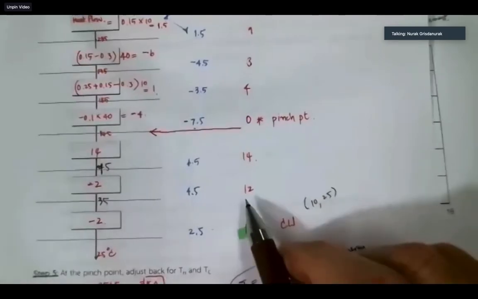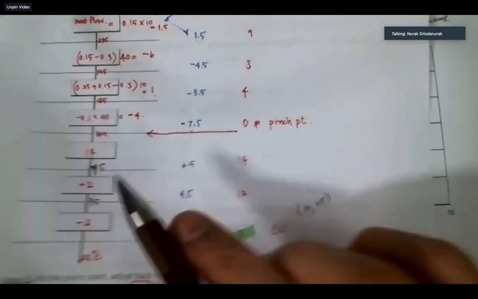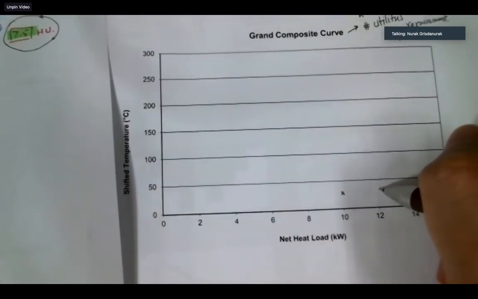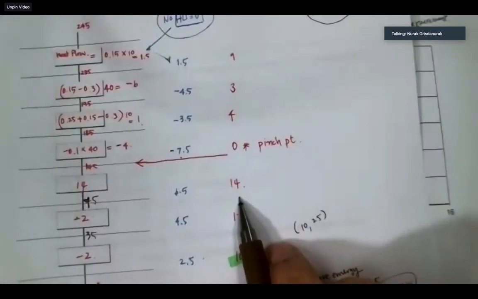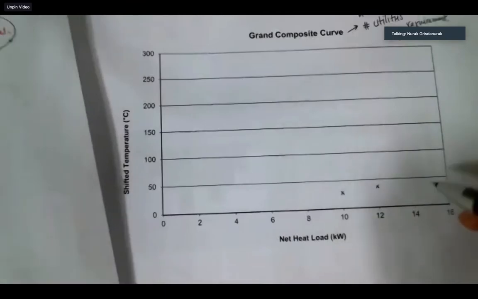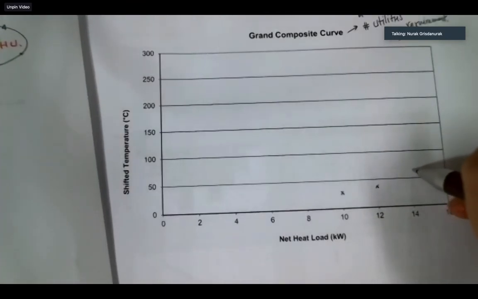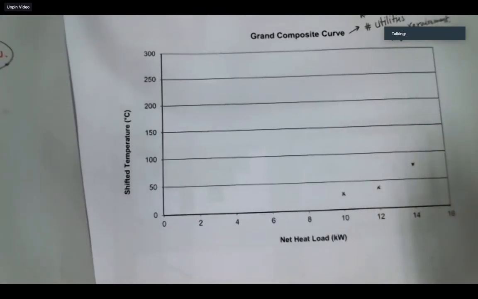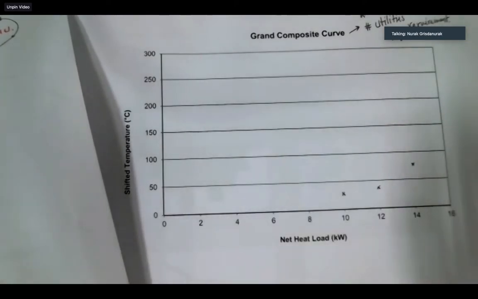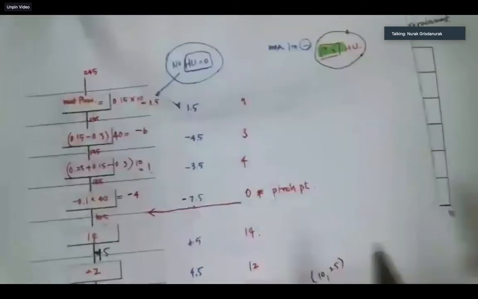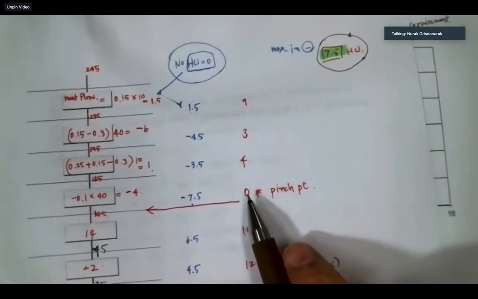Next one, 12 and 35. Next one, 14 and 75, 14 and 25. ตามทันไหมครับ ใช่ ทันเนาะ. Next one is 0 and